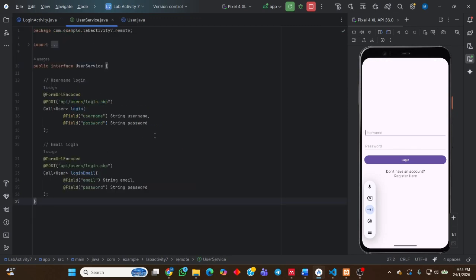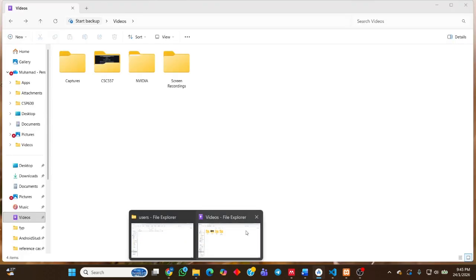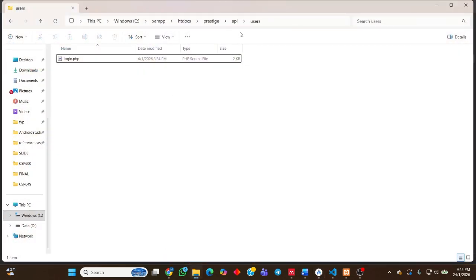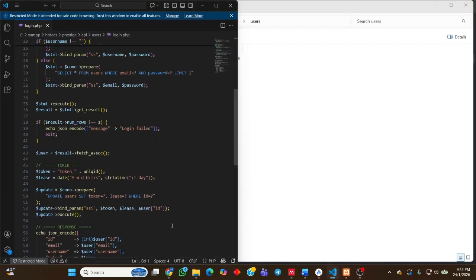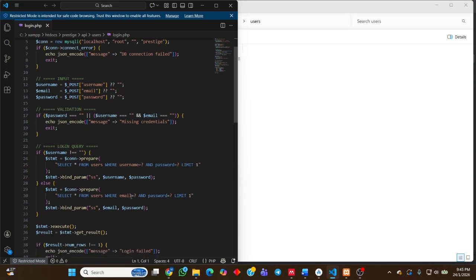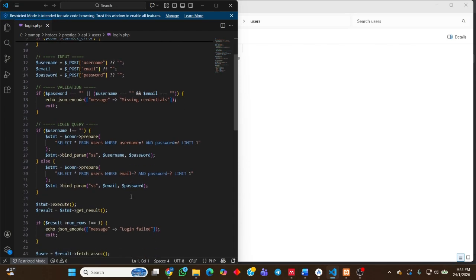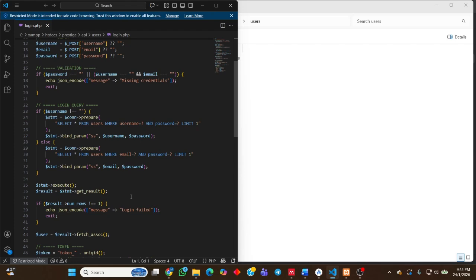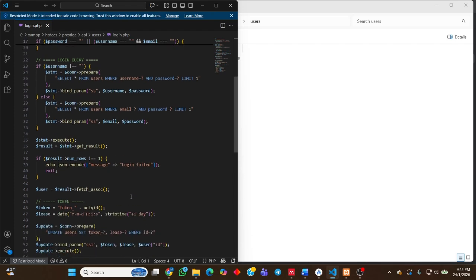Because I use localhost, we need to use a PHP file in our htdocs folder for this to work. So this is the coding, the logic behind the login. You will check whether the login input is in the database or not.